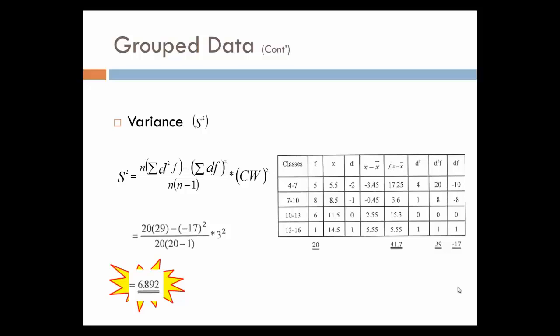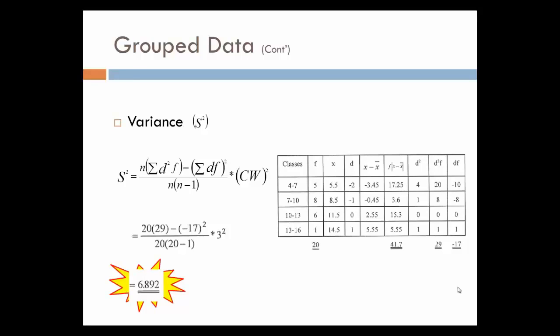Now, somebody could have chosen to set 7 to 10, the second row, as 0. You could have put 0 there and minus 1 on top, and then 1 and 2 in rows 3 and 4. You get the same answer, and I showed that in the class notebook. And once you do the calculation and look at the formula, it says D squared times F before you sum it. So you go to that column, you see 29. And then D times F. Sometimes we use F times D or D times F. D times F is the last column, and that is negative 17. Negative 17 squared,